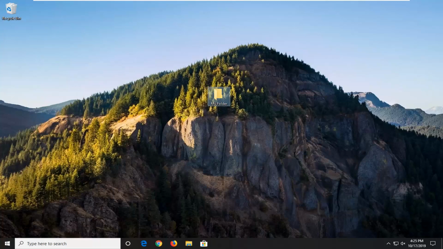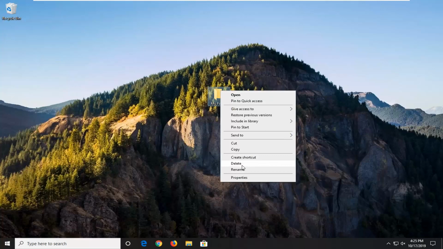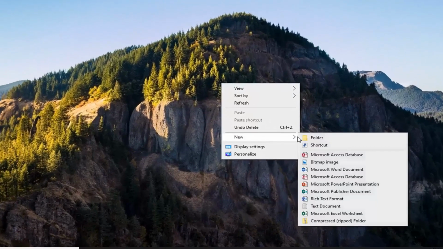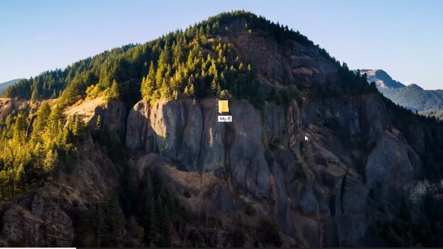So we're going to go ahead and jump right into it, and we're going to start by actually going ahead and deleting this folder just as an example. So I'm going to just right click on it and delete it, so you can see that's gone. So we're just going to go ahead and create a new folder here. So I'm just going to call it my folder,